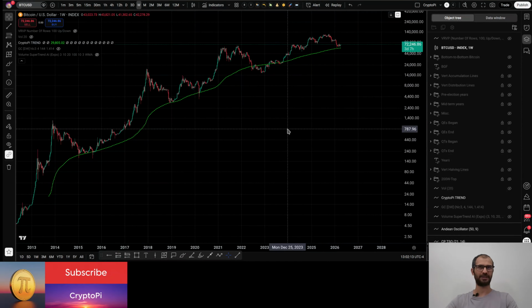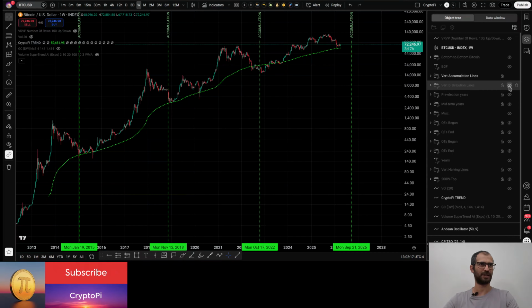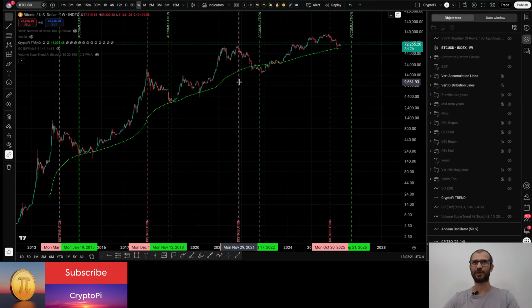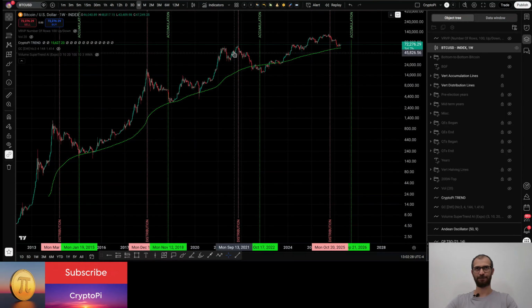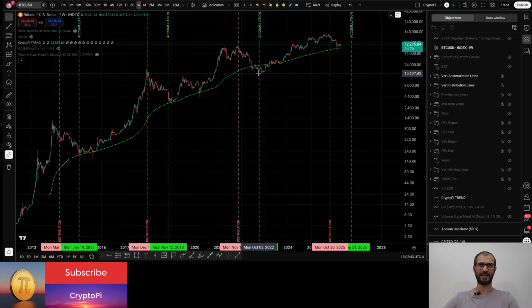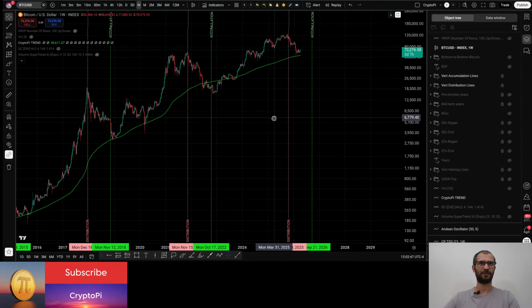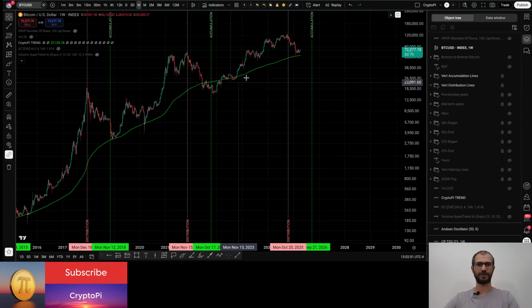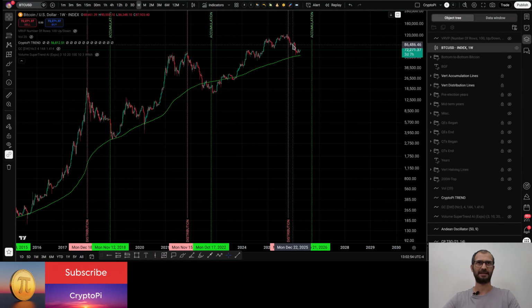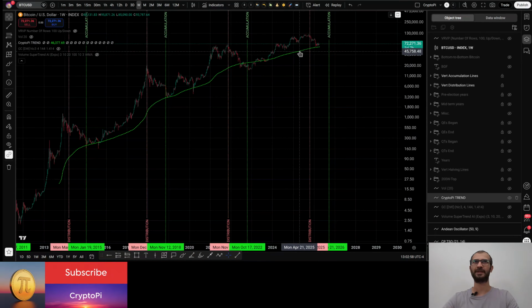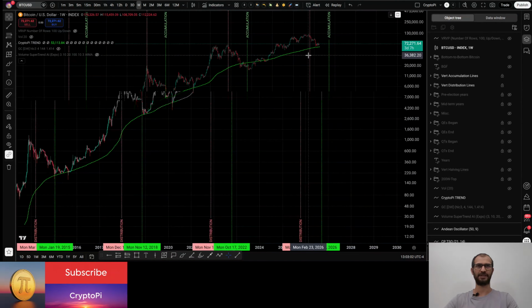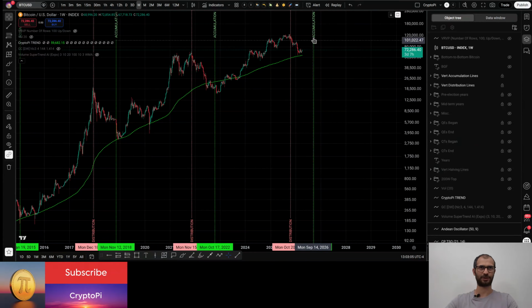What we have until now from our previous analysis of distribution line and accumulation line is that whenever the price crosses the distribution line, there is no new all-time high happening for that cycle. The cycle is basically over. The bull market is over when the price has crossed the distribution line. The new cycle begins only after price has crossed the accumulation line. For the current cycle, we saw the bull market from 2022 until October 2025, and then price is in a downtrend, and it's quite unlikely, comparing with the historical pattern, that we will see an all-time high before the price has crossed the accumulation line.